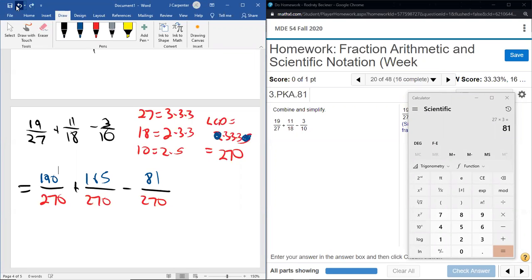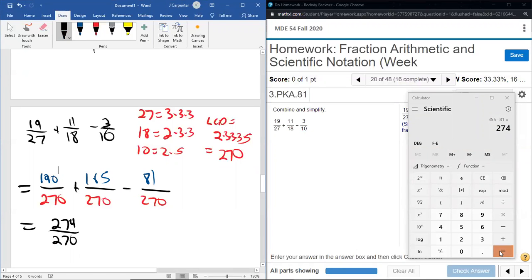Oops, let me just go back. I don't want to keep that scribbled out. 81, there we go. All right, so we take our 190 plus our 165. And if you don't like doing that on your own, you use your calculator if you really want. It's not the end of the world. I'm not going to cry in this course. And you get 355. But then we're going to subtract the 81. And you get 274